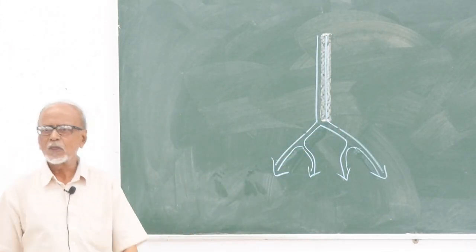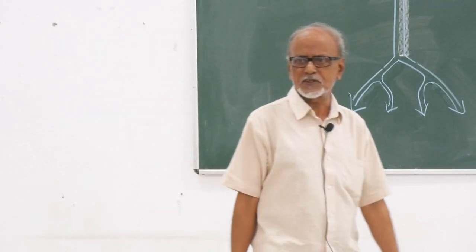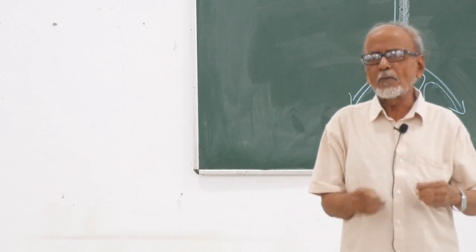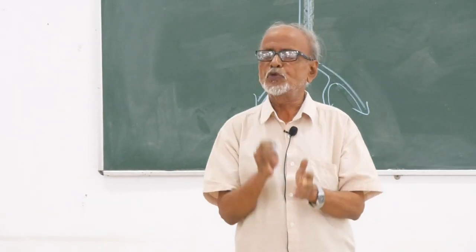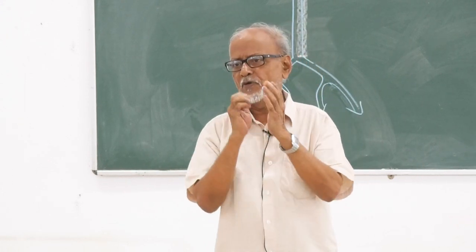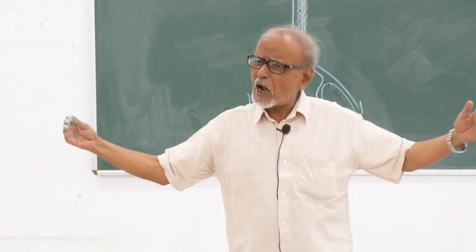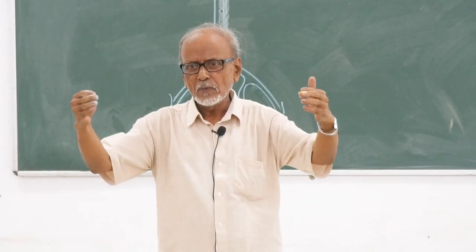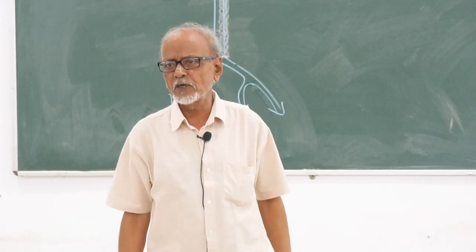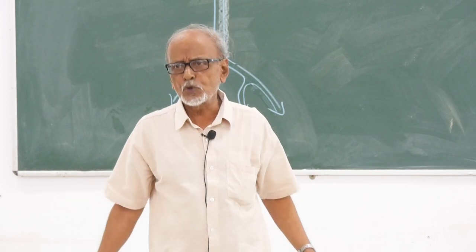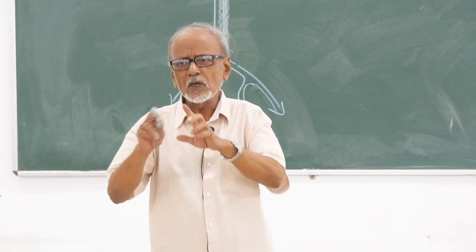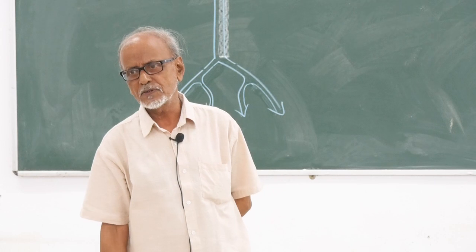কমন ইলিয়াক ভেন্স, রাইট অ্যান্ড লেফট কমন ইলিয়াক ভেন্স, দে ইউনাইট টু গিভ রাইজ টু দ্য ইনফিরিয়ার ভেনা কেভা। আমরা এদের বলি ফর্মেটিভ ট্রিবিউটারিজ। মানে দিস ট্রিবিউটারিজ দে ফর্ম দ্য ইনফিরিয়ার ভেনা কেভা। এছাড়া আরো অনেক উপনদী থাকবে, ব্লাড দেবে, তারা ফর্মেটিভ ট্রিবিউটারিজ। তারা ব্লাড নিয়ে এসে ঢালবে ইনফিরিয়ার ভেনা কেভার ভেতরে। কিন্তু ইনফিরিয়ার ভেনা কেভা যে নদীটা তৈরি হলো ডিঅক্সিজেনেটেড ব্লাড নিয়ে যাওয়ার জন্য, তৈরি হলো বাই দ্য ইউনিয়ন অফ রাইট অ্যান্ড লেফট কমন ইলিয়াক ভেন্স।